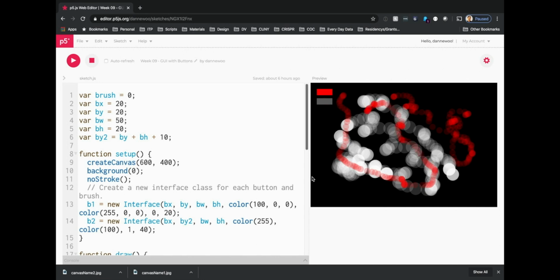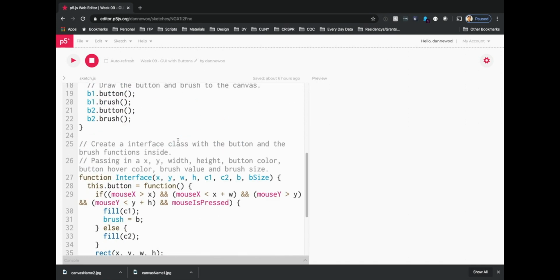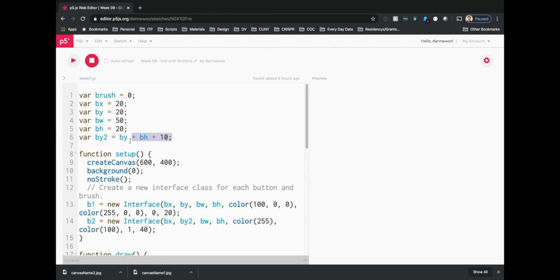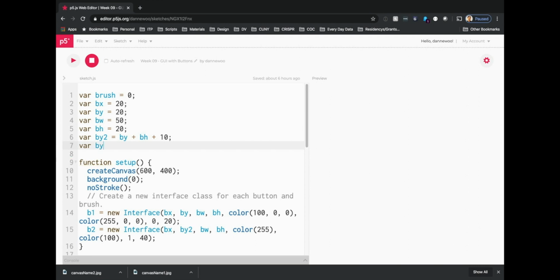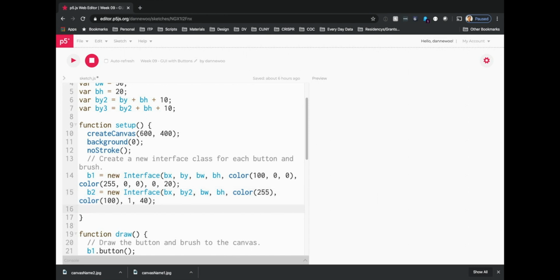Cool. So let's say I wanted to add another one. So to add a new one, I am going to create a new variable, var by3 equals by2 plus bh plus 10. So it's just moving it down a little bit. Then I can create a new button here. So b3 equals new